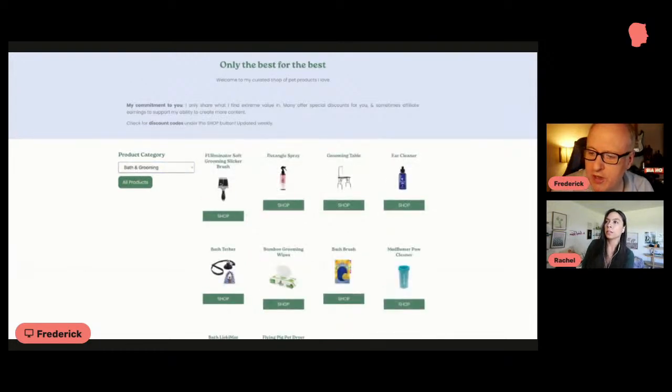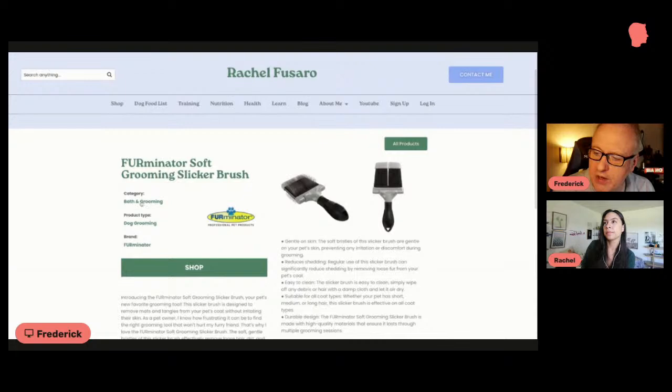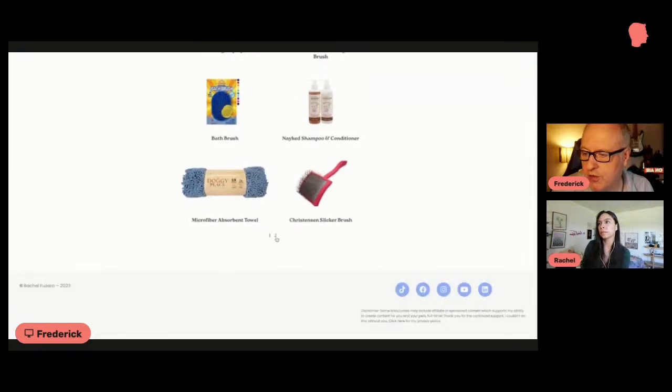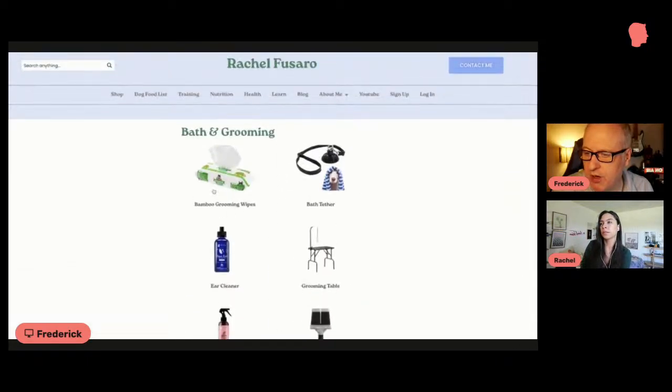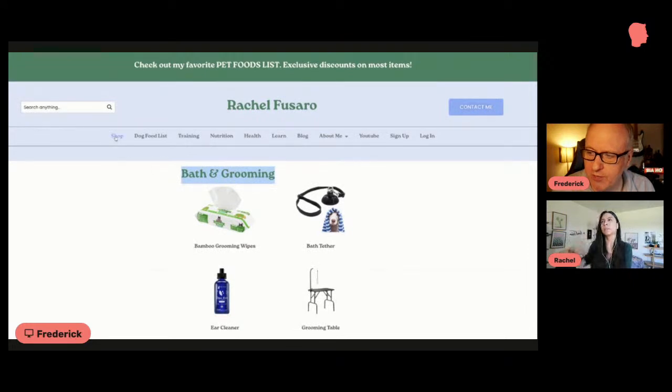If I do this again, subset. If I go on one of those products and click on the bath and grooming category, I've got a page with, let's say, two pages, so maybe 20 products. If you click on one of them, obviously you go to the product. We won't do that live, because we're already at 57 minutes today, but you could imagine that on this page of the bath and grooming,